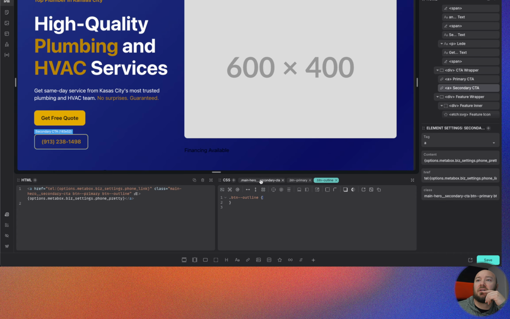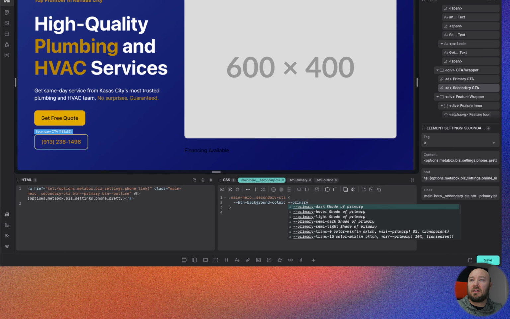And on my button outline, I want my button background color to be primary